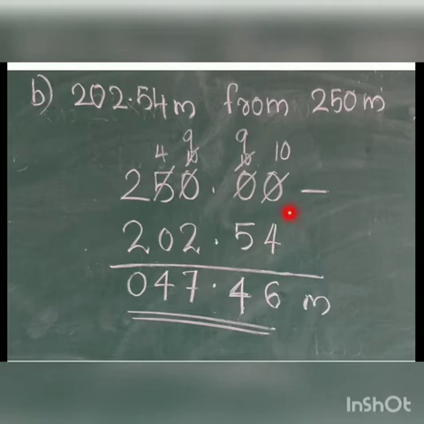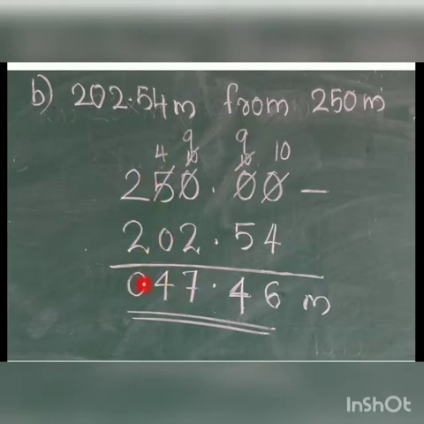Now subtracting, here 4 comes, here 0, isn't it? So we cannot subtract. So borrowing from where? The next position is 0. Here is also 0. So from here we are borrowing. So 5 becomes 4 and this 0 becomes first 10. Then from this 10 we are borrowing and making it 9. Again this 0 becomes 10 and it becomes 9. Then this 0 becomes 10. In this way the borrowing is going. Now 10 minus 4, 6. 9 minus 5, 4. Then 9 minus 2, 7. Here we borrowed, so it is 4. 4 minus 0, 4.